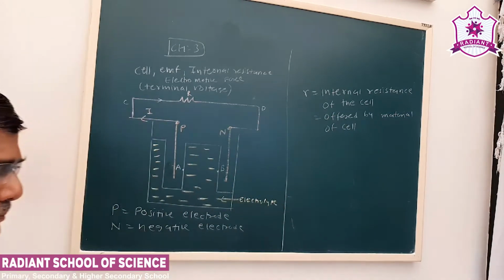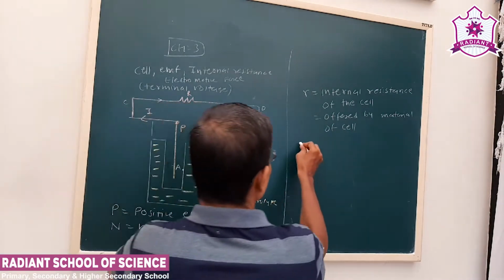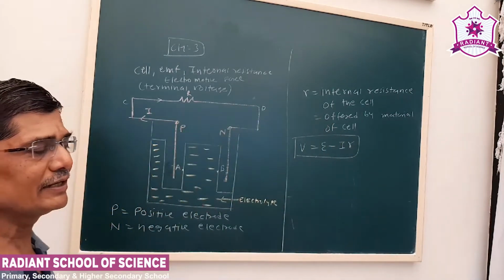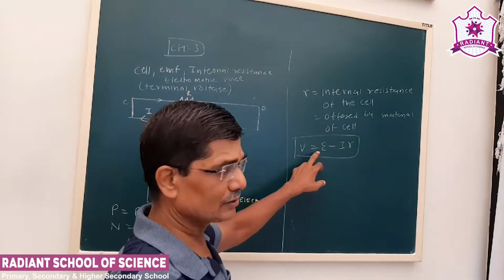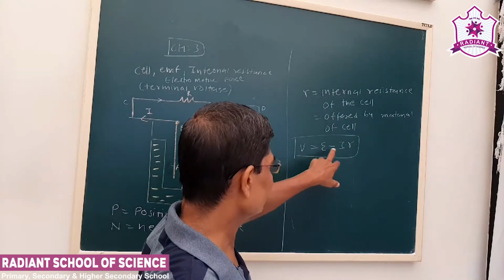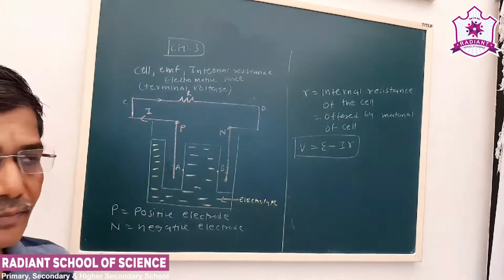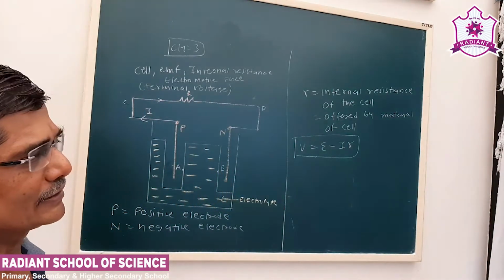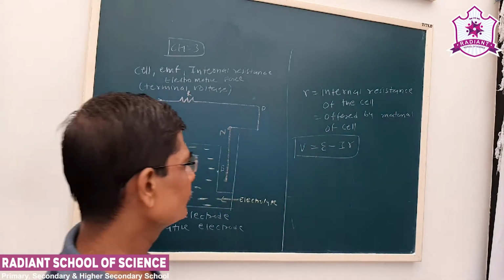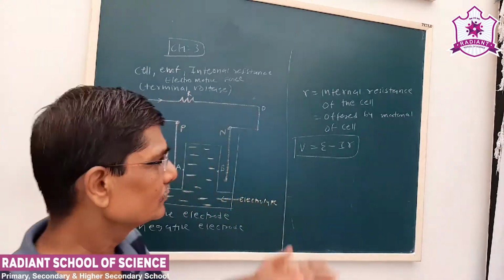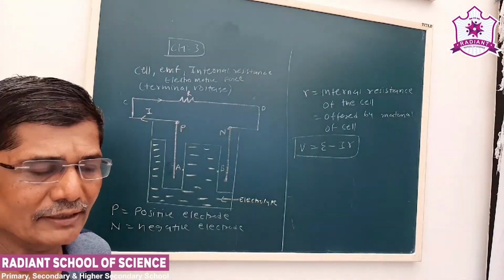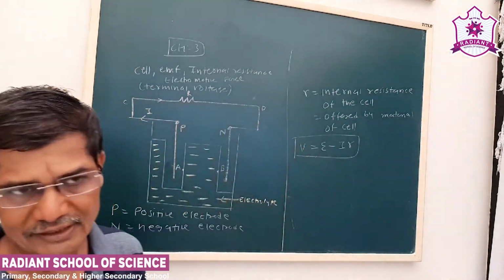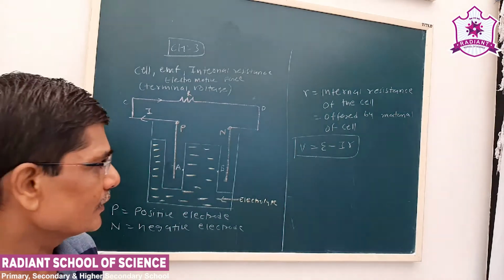Okay. So that is how we have got a relation: V is equal to E minus Ir. Now see, V is called the potential difference, E is called the EMF of the cell, I is the current in the circuit, r is the internal resistance. But the interesting thing about the internal resistance is that it will come into action whenever current is non-zero. In the earlier case, when R is infinite, current is 0, then we used to get V is equal to E, that we called an open circuit condition.